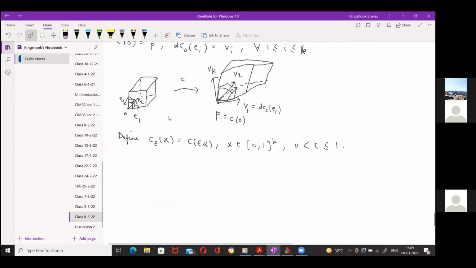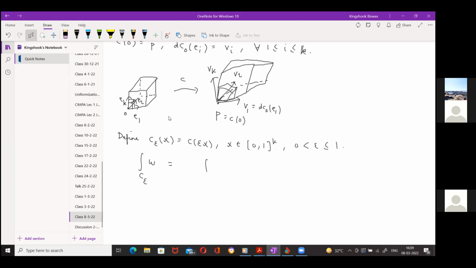All right. So now the idea is basically, if I look at the integral of omega over these tiny cubes, the tiny cubes will be almost tangent to the directions V1 to Vk. And so these should give me the value of omega at P acting on the vectors V1 to Vk times a factor epsilon to the k in the limit as epsilon tends to 0. So let's just do this calculation.